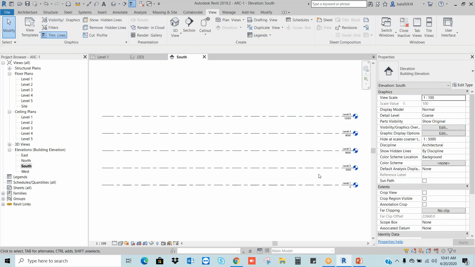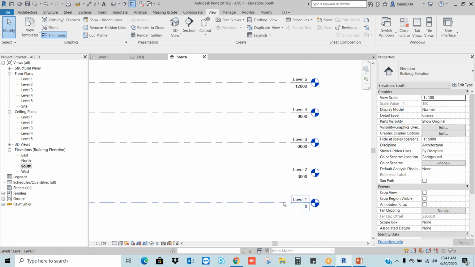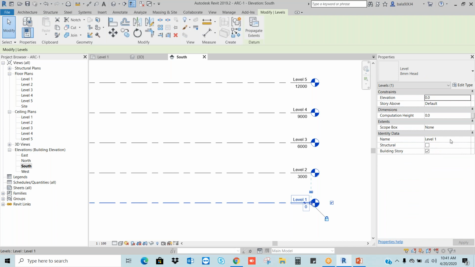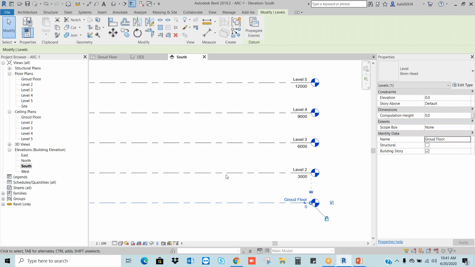Now I have created all the levels in the architecture. Now I want to rename this. Select. What is this? Our ground floor, correct? Yes, it will get renamed here. What is this? Same process.